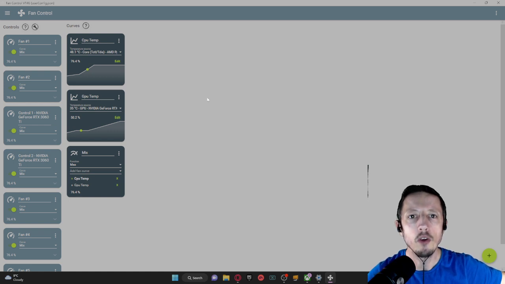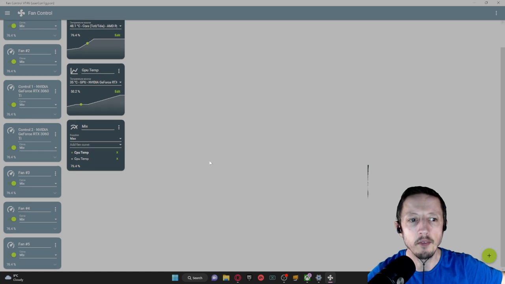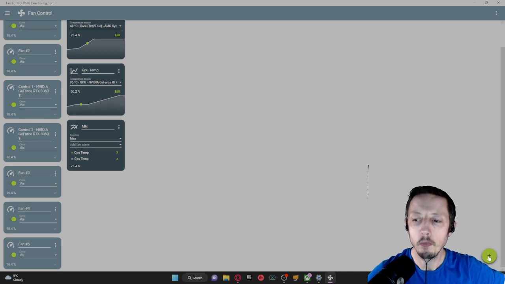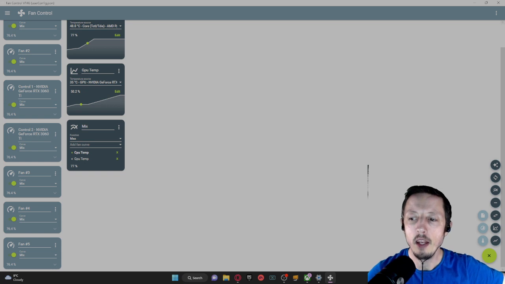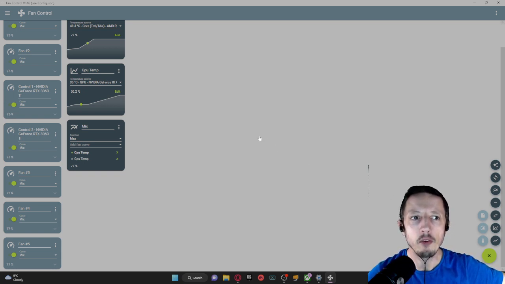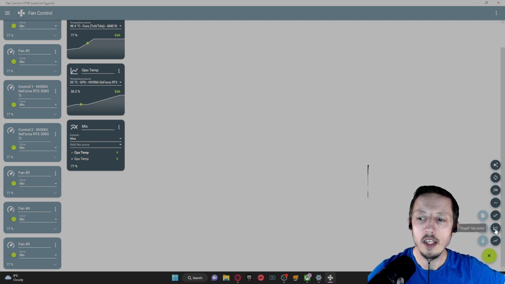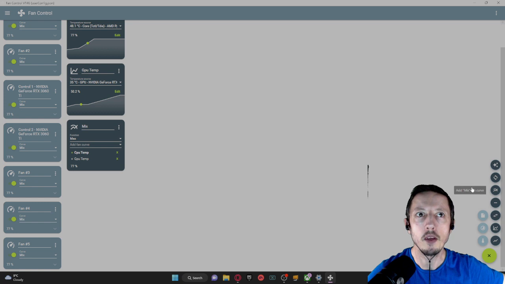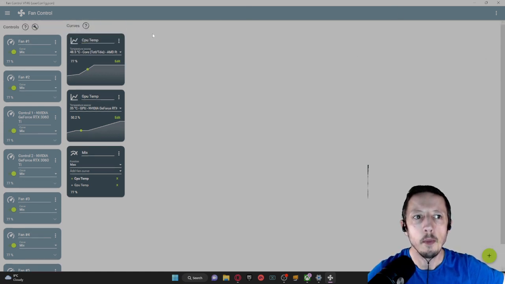All you basically do, once you've got this sorted and you've got the fans already started and everything, is go here to the plus icon at the bottom right. Press the plus icon, and then go to where it says add graph fan curve, and that's what these two are. As you can see here, you can see the icon, what it looks like in the bottom right corner here,